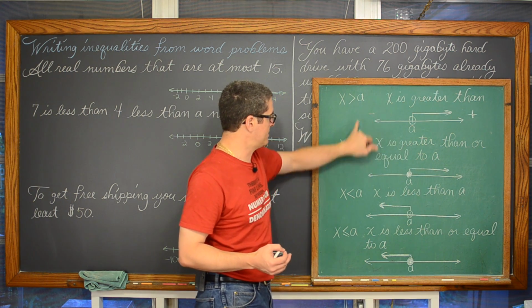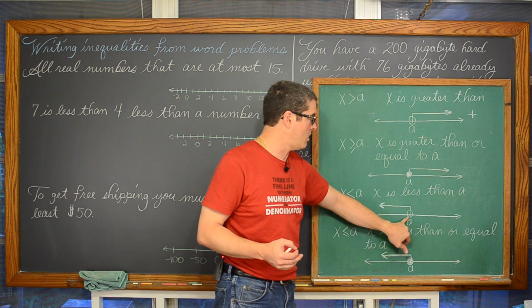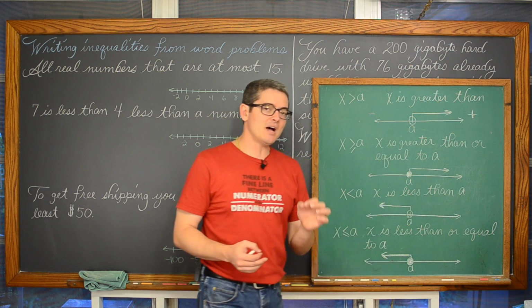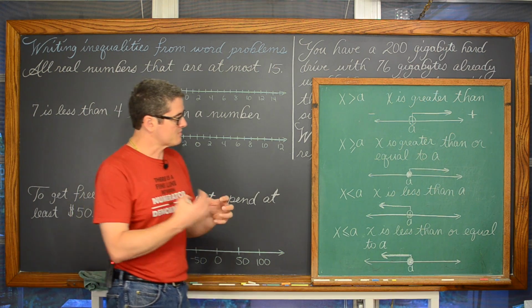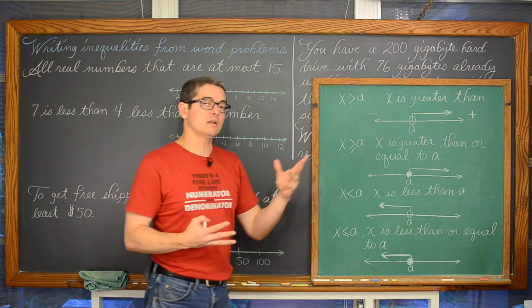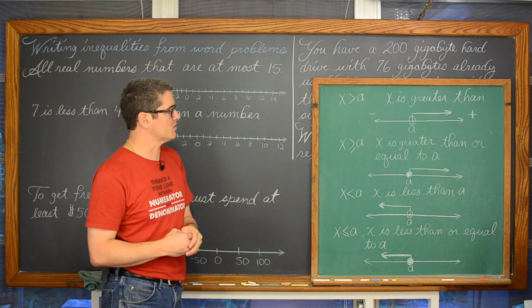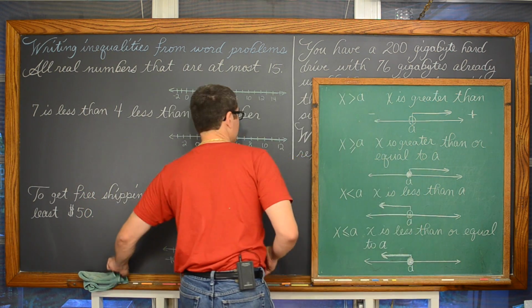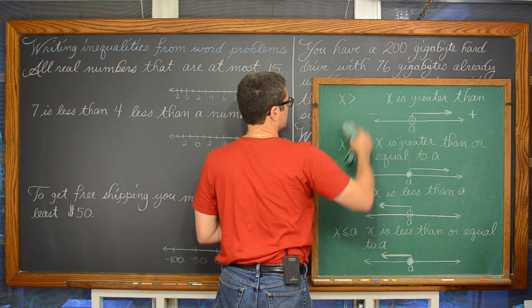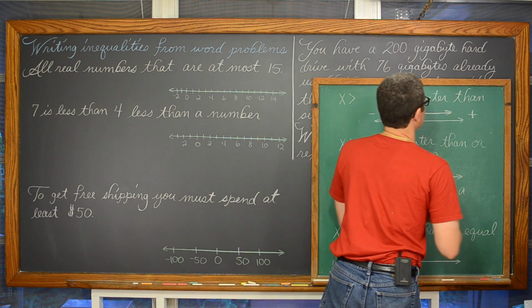So when you don't have an equal sign in your inequality, those dots are going to be open, indicating that while that value of A is some special marker on the number line, it's in the inequality, it's not part of the solution. Now, just as an example about graphing these on a number line, let me go ahead and take this A out and give us a concrete example.